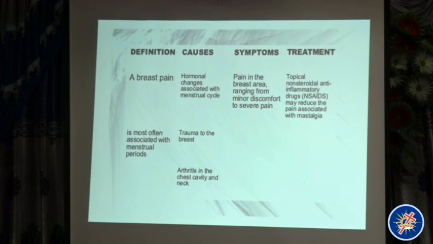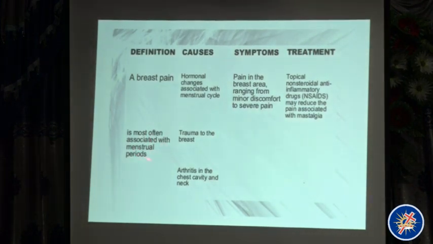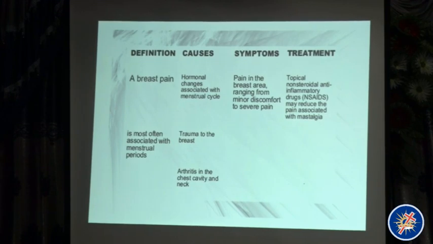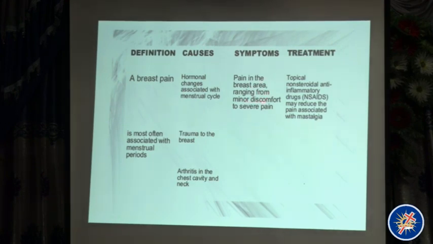And the definition is period pain. It's most often associated with menstrual periods, as I have said. It is caused by hormonal causes, or sometimes trauma to the breast. And if the lady also has arthritis, she can also have this problem. The symptoms are pain in the breast area, ranging from minor discomfort to severe pain. And the treatment given is these